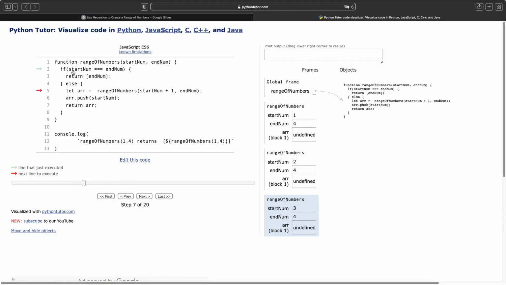Our base case is false. 3 is not equal to 4. Our recursive case is executed. The recursive call is made with 4 and 4.